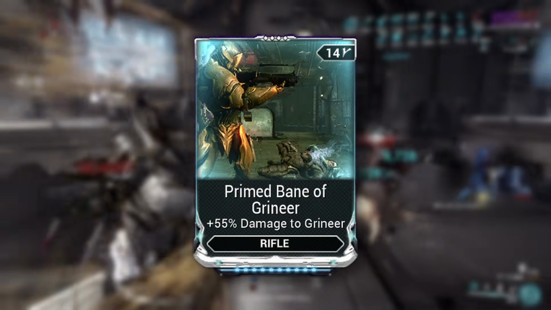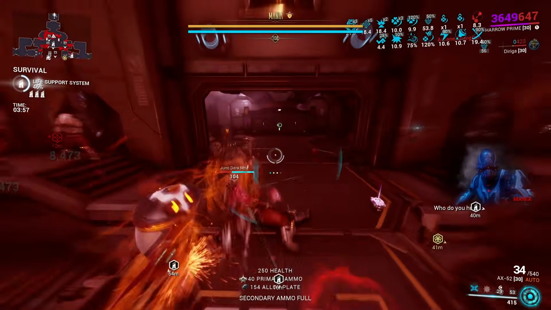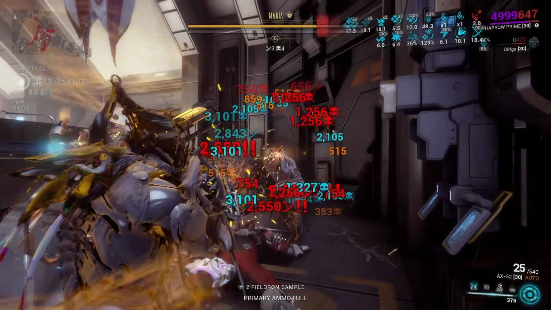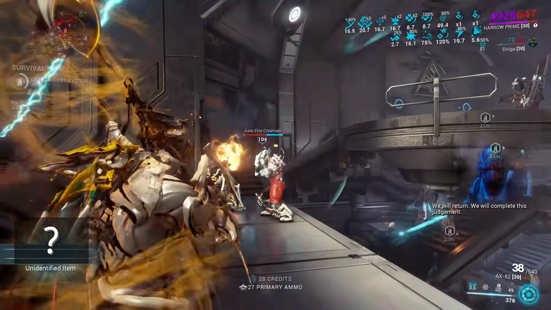I personally went for a Prime Faction mod because, you know, faction damage is cool, but if you don't like it, you could use something else here as well. This build is definitely really nice, but if you ask me, it's not the best performance-wise. That title would go to our next one,